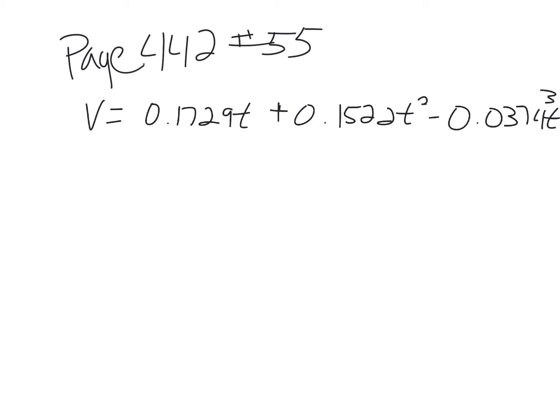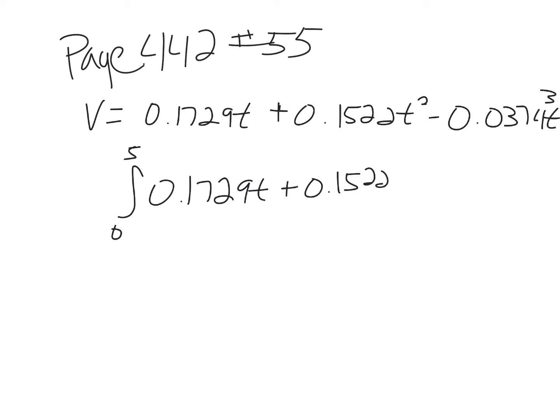So we will be going from 0 to 5 of this function, 0.1729 t plus 0.1522 t squared minus 0.0374 t cubed. So we're going to evaluate from 0 to 5. So we're going to get